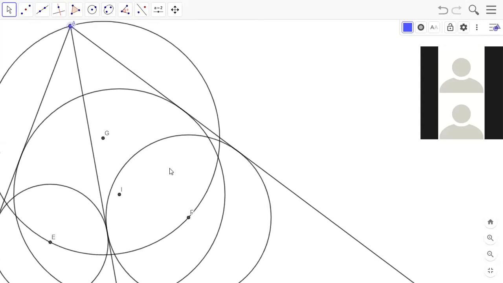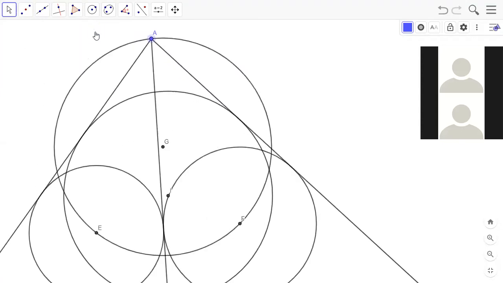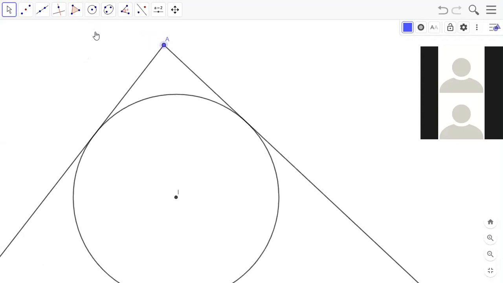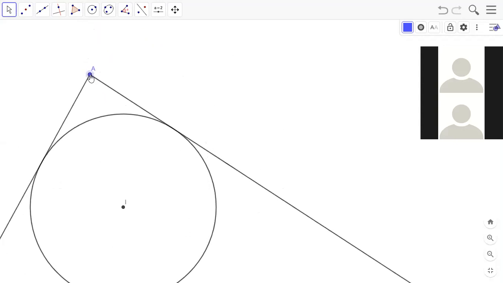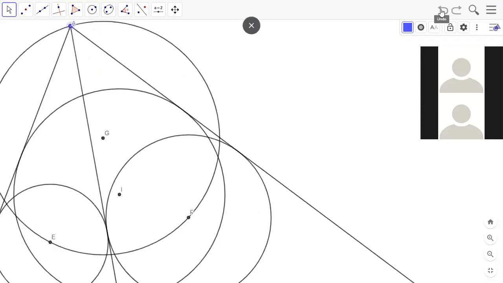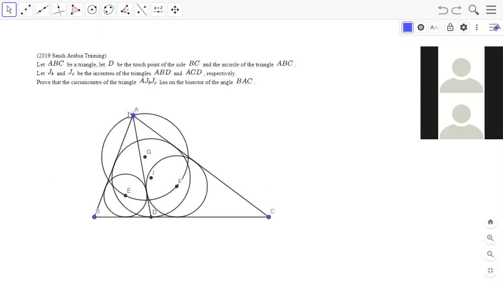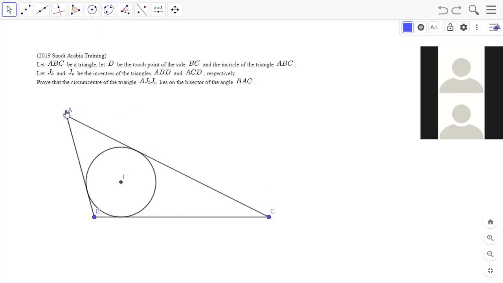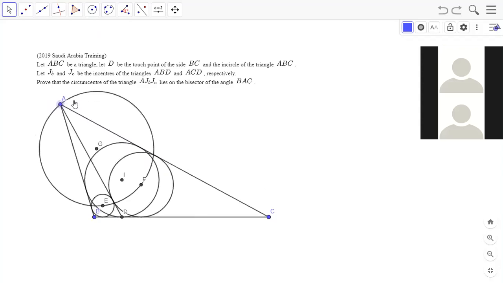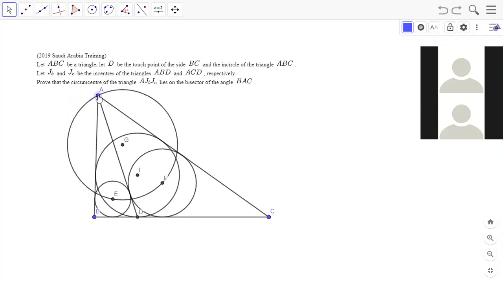It does look like they're tangent. I did not expect that. What if we make this like an obtuse triangle? Then it would probably, yeah, it almost looks like,